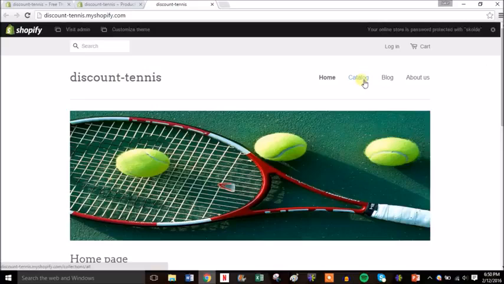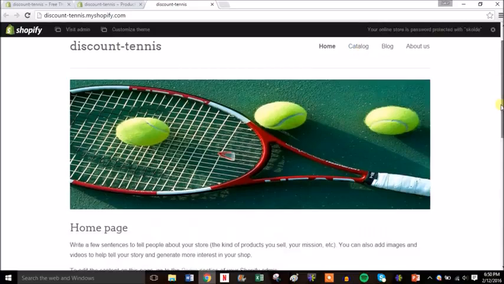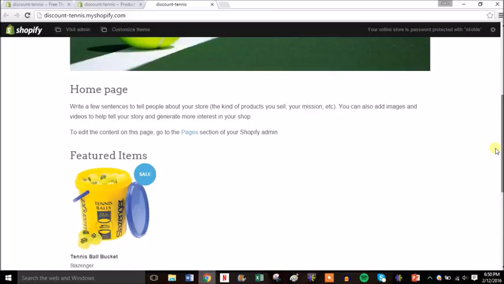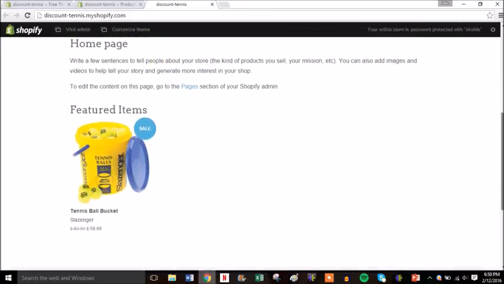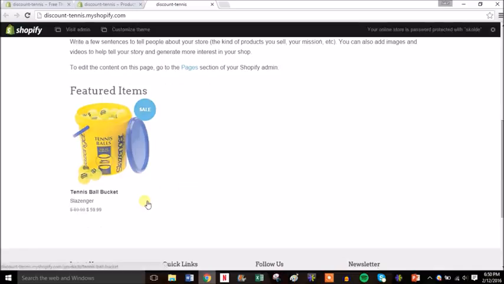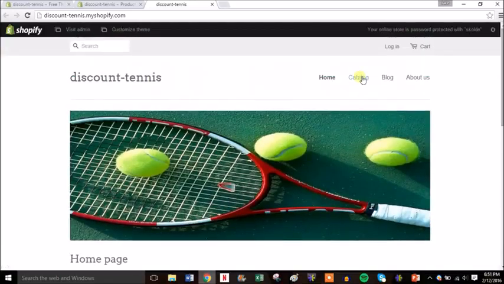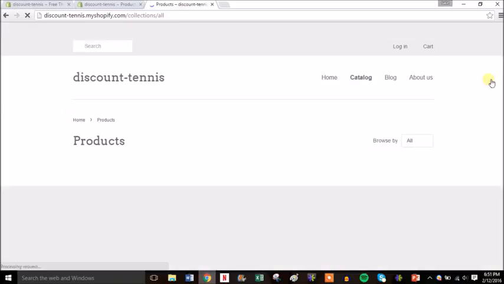So if you go to catalog, you can see on this theme, it will show up on your home page here. We're still going to go back and edit all of this out. But as you can see, as I put the compare at price at $89.99 and the sell price at $59.99, that's how you create a sale. So see, it shows up, it's on sale. So you can do that even if the price you want to get is $60. You can still just put one of these just so it shows sale and stresses urgency, but that's up to you. So you go to catalog